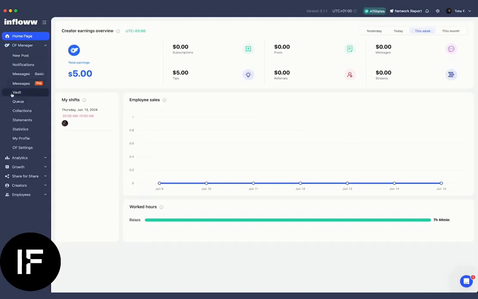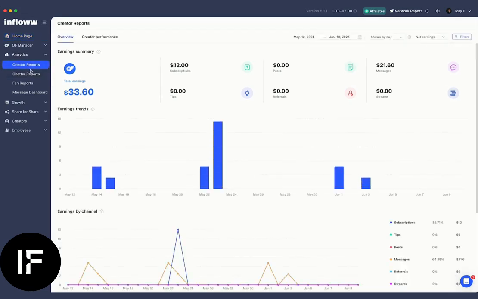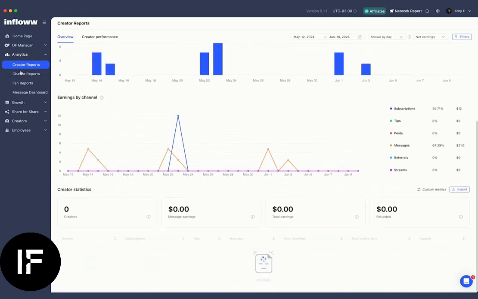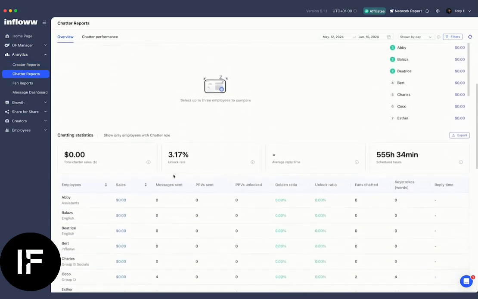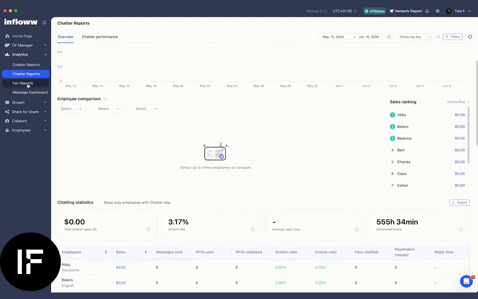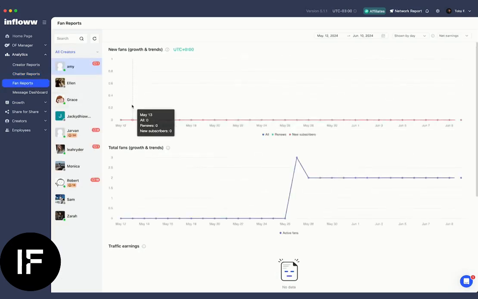Going back now to the main window, there's another area here, which is analytics. And analytics is getting into that second part of what I mentioned, around what kind of insights we can give you to help you better manage your organization. So we have different kinds of reports. We can see all the creators that you manage in one interface. You can see the same for all your employees, and you can see all kinds of detailed metrics on their activity across the accounts. You have fan reports here where you can see trends and growth trends, and you can get a much clearer idea of what is the actual growth of your fans across your accounts, and get some insights there.